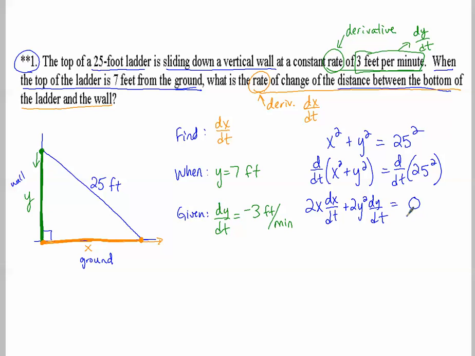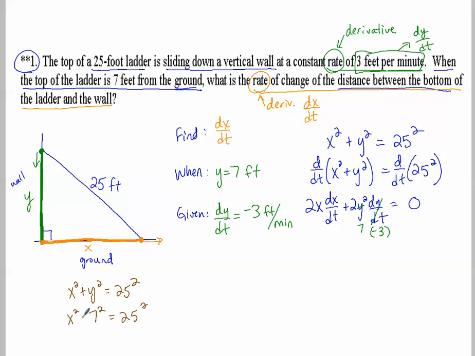Now that I've taken the derivative, I'm going to plug in my when and my given to get my find. Y is 7, so I can take out the y and put 7 in its place. dy/dt is negative 3. I can take out the dy/dt and put negative 3 in its place. dx/dt, I'm trying to find. x, they didn't tell me what x is, so we're going to have to go back to the Pythagorean theorem that we wrote, and use x squared plus y squared equals 25 squared to figure out at that instant when y is 7,